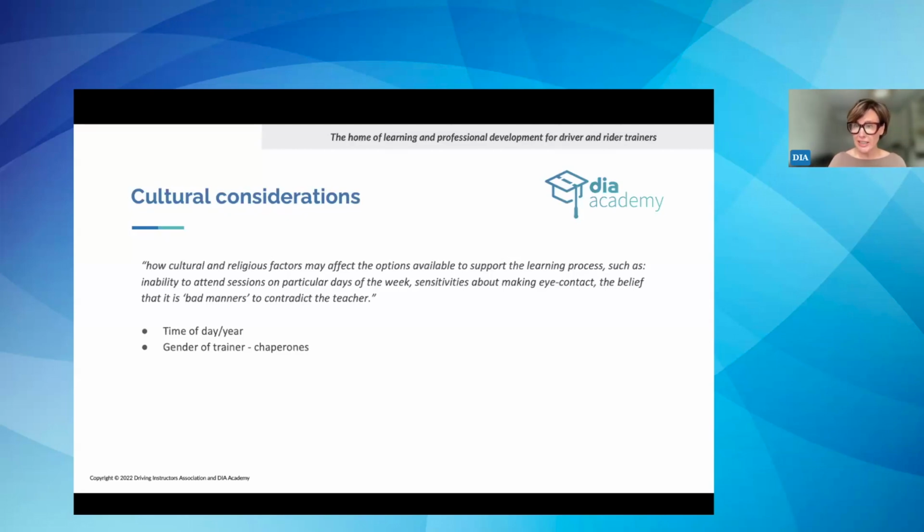Sometimes, obviously, a cultural or religious consideration that you might need to know about in the learning process is the time of day and year that the person is actually going to be learning with you. For example, Ramadan and fasting can have its impact, and we do have to talk about the fact it can be a risk in operating as an individual in the workplace or on the road. So discussing those kind of things in terms of the pupil's own safety and their ability to focus is important for everybody in the learning dynamic.